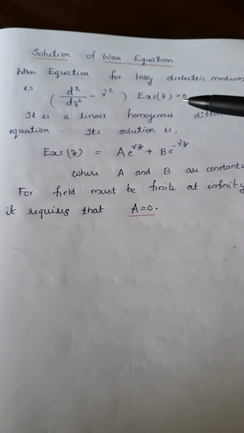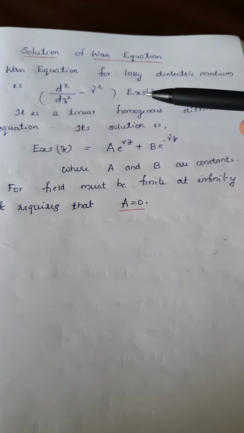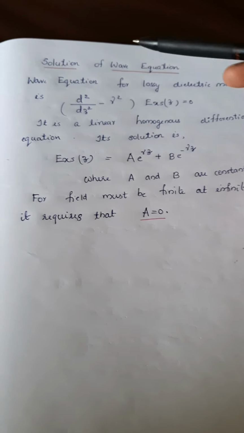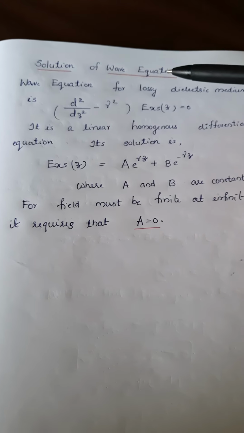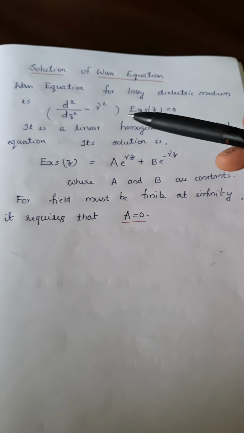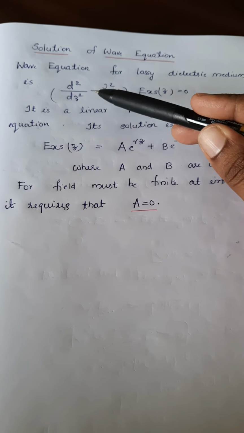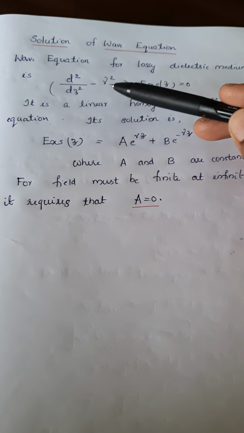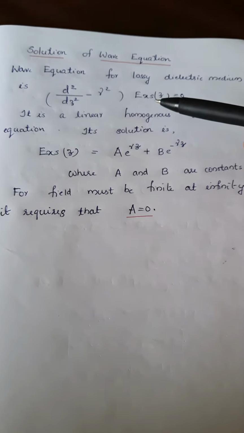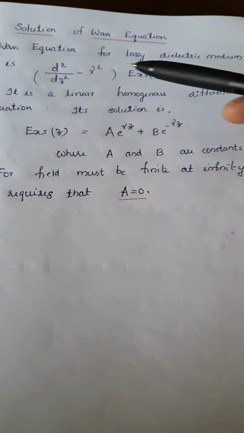Hello students, the wave equation for lossy dielectric medium we already derived. Next is solution of wave equation for lossy dielectric medium. So the wave equation for lossy dielectric medium is d square by dz square minus gamma square into Ex of z is equal to 0. This gamma, we know, is the propagation constant,